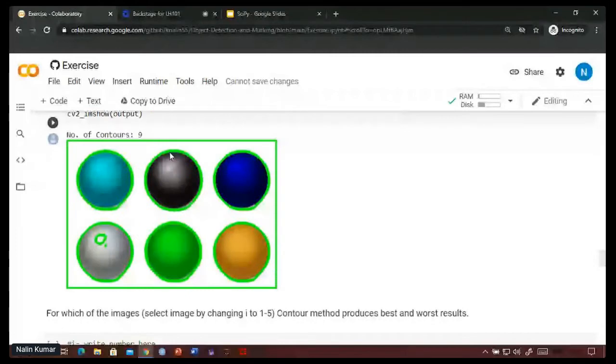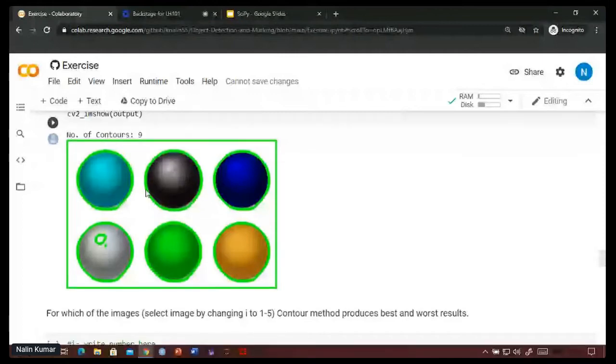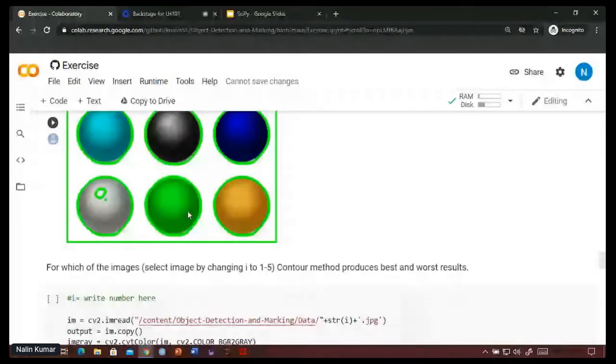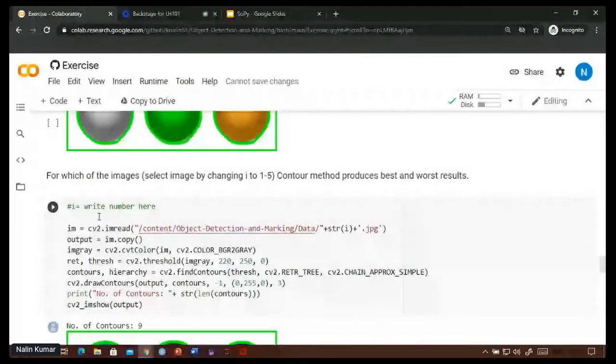You can see and try to understand what kind of images it is good for, like this one I can call good, but in what cases it will be really worse. So you can try that out and see when the contour method fails and when it can be a good thing to use.